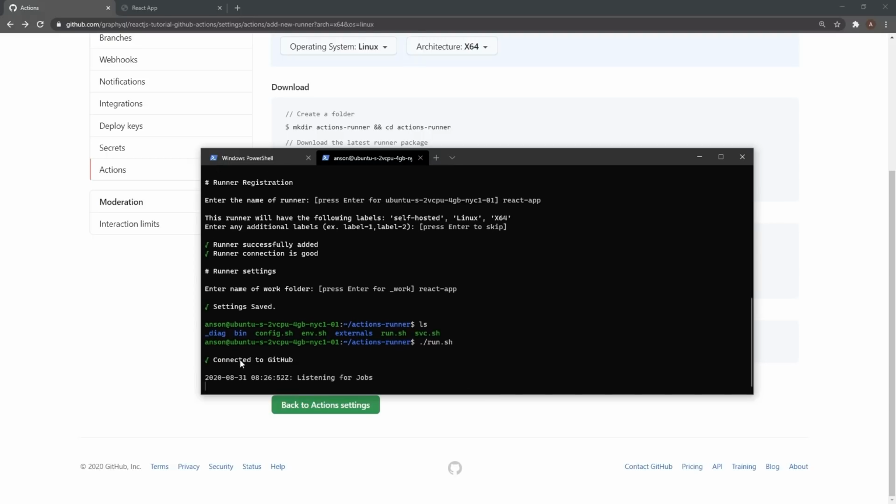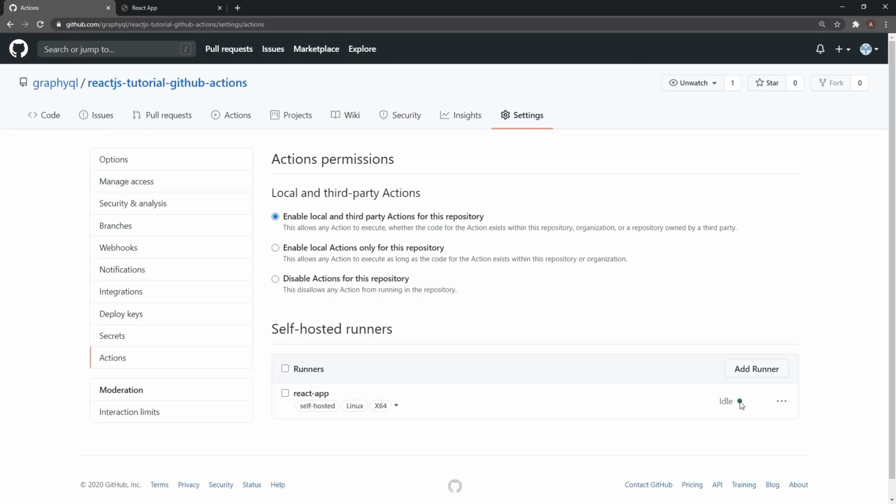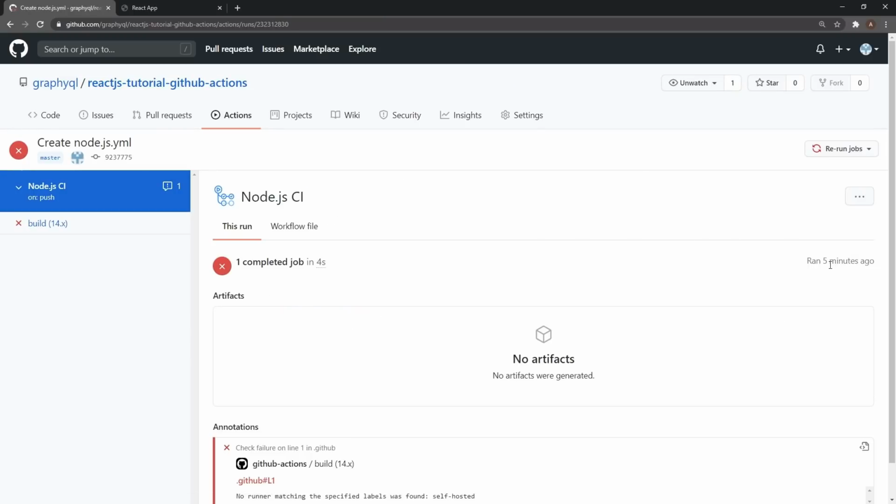Okay, there you go. It says connected to GitHub, listening for jobs. If I click on actions, you can see our GitHub action runner is currently idle. It's online, but it's idle. So now if I want to run my jobs right now,